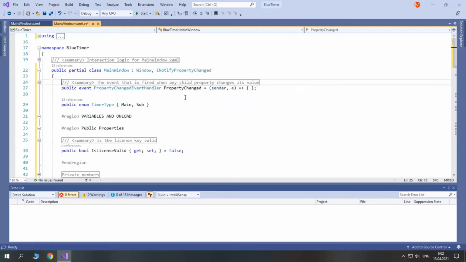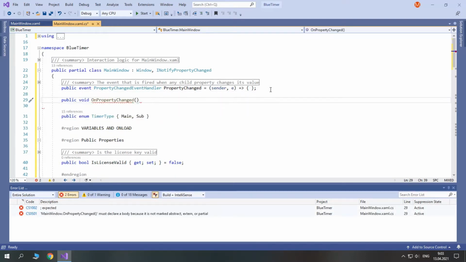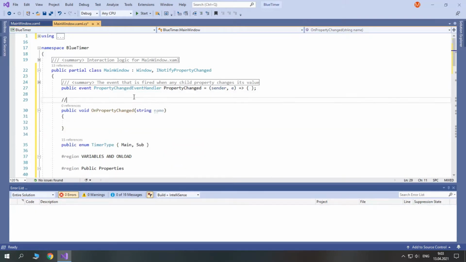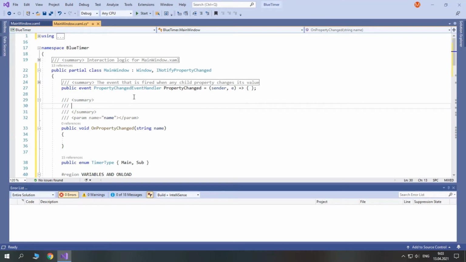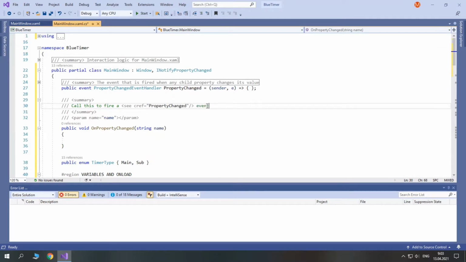And also we will write an additional method to fire this event. So let's write it here. Public void OnPropertyChanged, and it will have a parameter of type string. Let's write a summary. Again, I took it from Angel 6 basic view model. Call this to fire a PropertyChanged event.